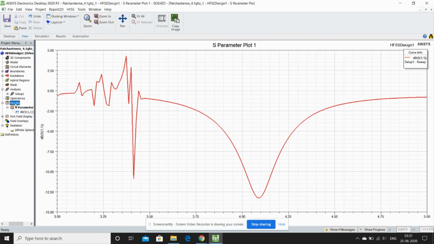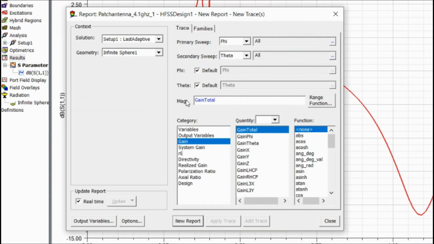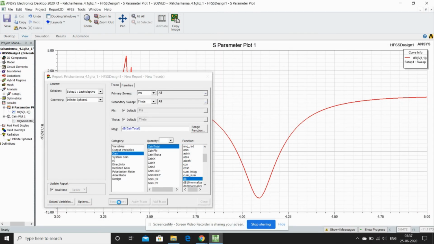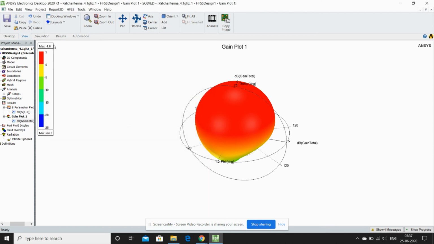Now we will go to results and create far field report, and we will see the 3D polar plot. Gain total, and function is dB. Then click on new report. So our gain is 4.6. So we have created a good antenna.